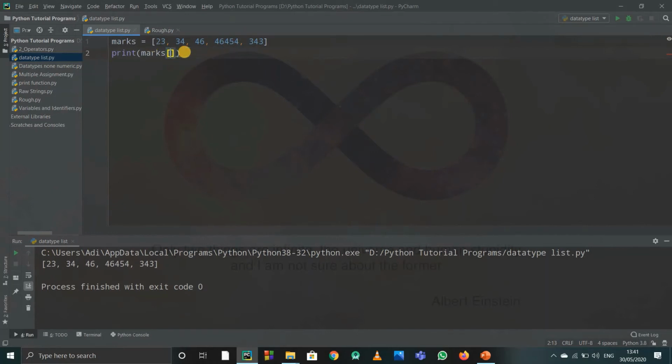And if you want to print out the whole list, you can write it like this as well. It automatically understands that this value is 0 and this value is the last index. Or simply you can just write print marks. It will print out the whole list, that's all. So we saw slicing, that is, you can slice any elements.